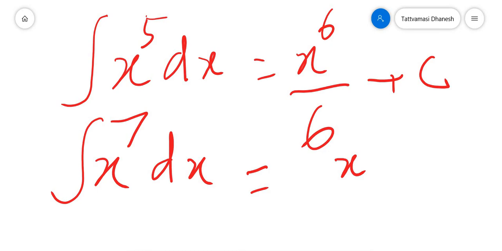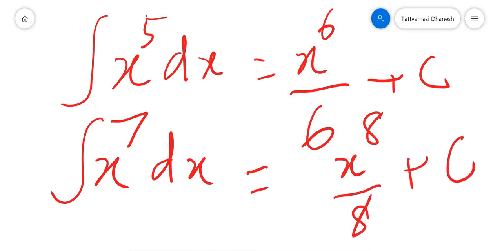x raised to 7 plus 1 divided by 7, x raised to 8 by 8 plus constant. This is another example. Now I will give you a negative number. To do that, if it is the integral of x raised to